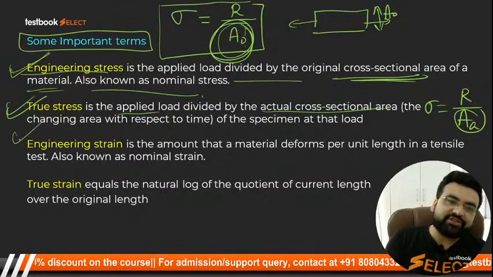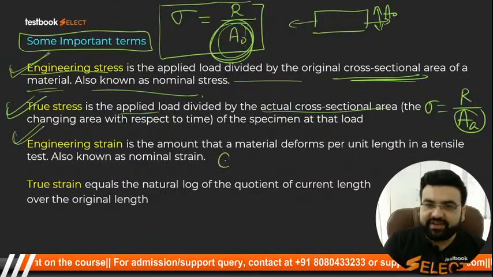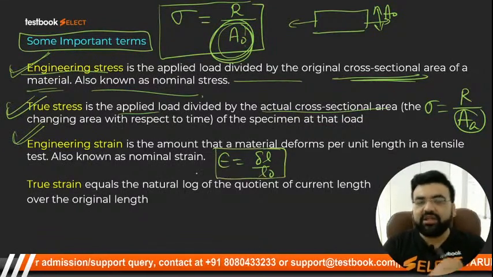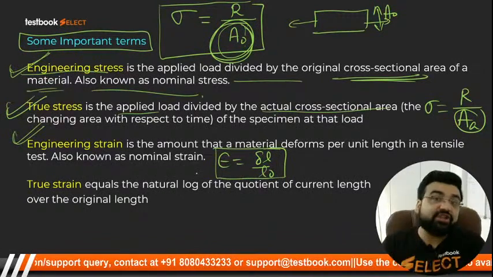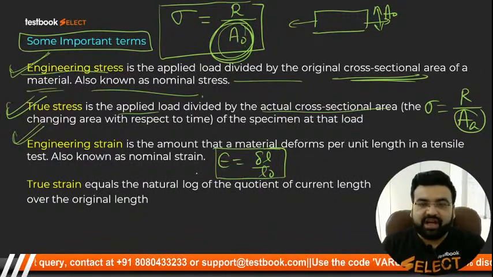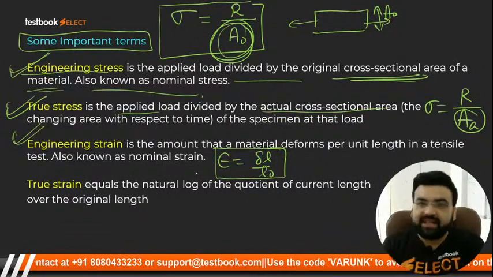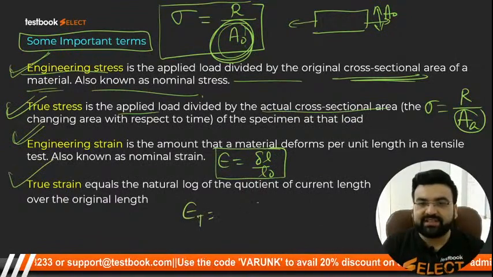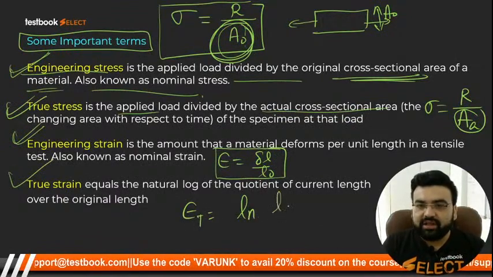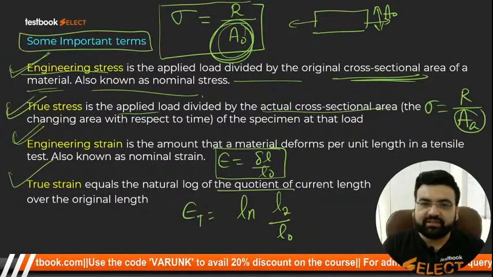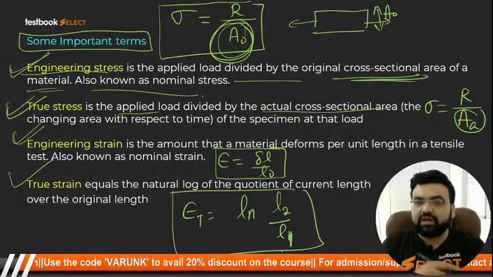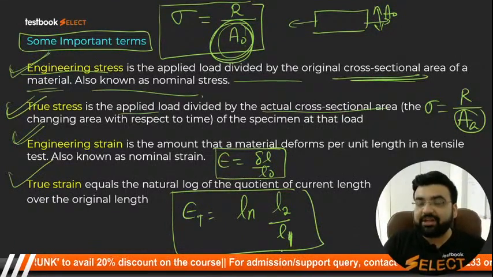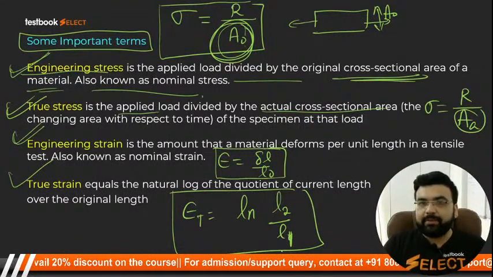Now then we have the engineering strain. Again the same thing. Engineering strain is defined as change in length upon the original length. This is what the engineering strain is. But the length keeps on changing, right? The length keeps on changing. अभी आपका L1 है, कल ही आपका L2 हो जाएगा, फिर आपका L3 हो जाएगा. It will keep on changing. So true strain is defined as natural logarithm of the current length upon the original length, or L2 upon L1. This is what the true strain is all about. Important है स्टूडेंट्स, कई बार एग्जाम में आ चुका है, राइट? इंपॉर्टेंट है ये वाला.